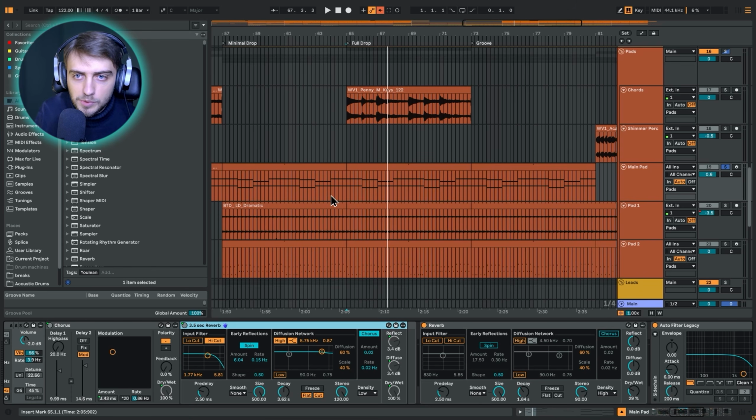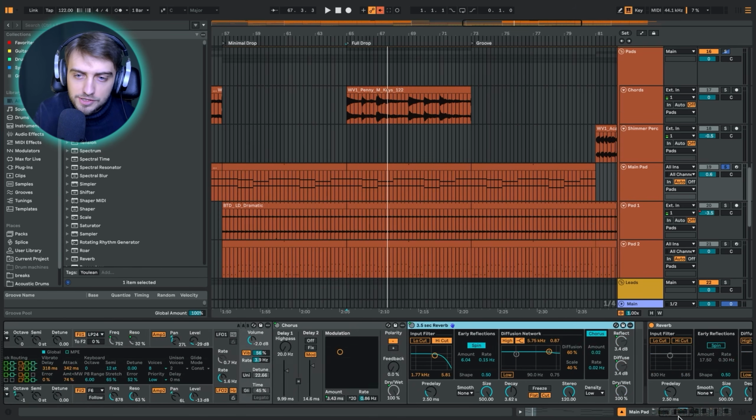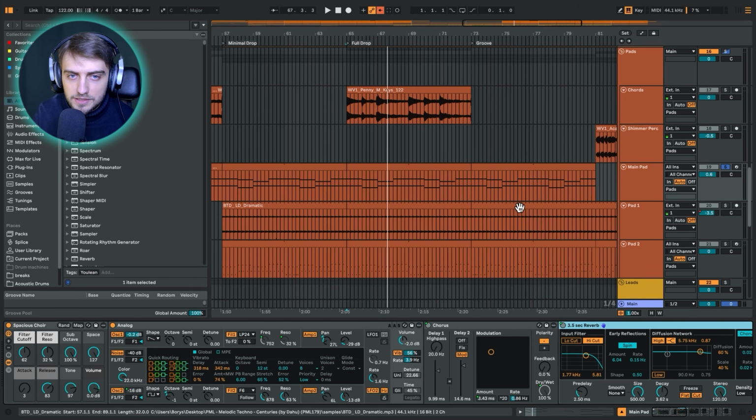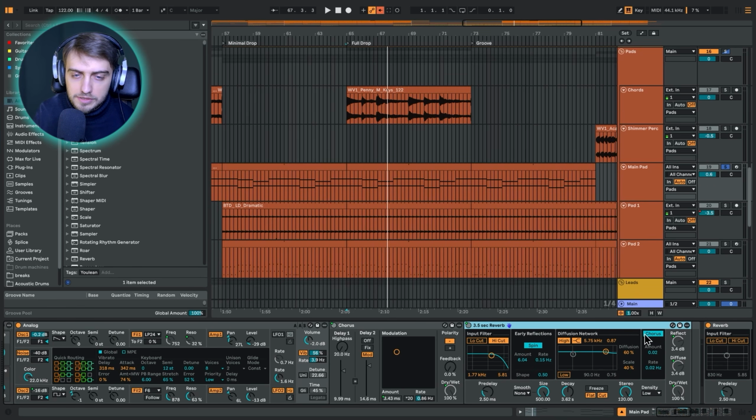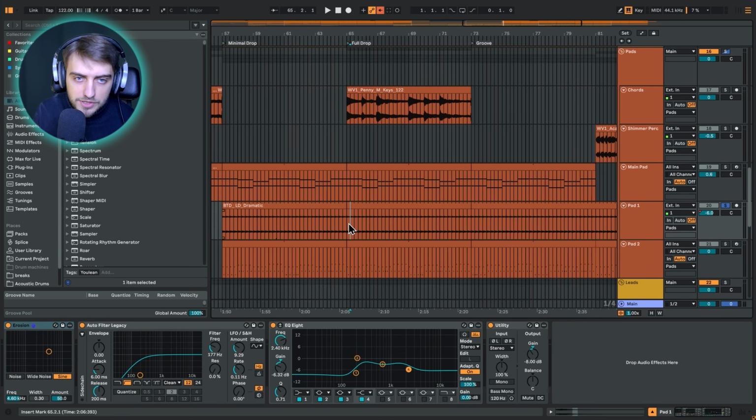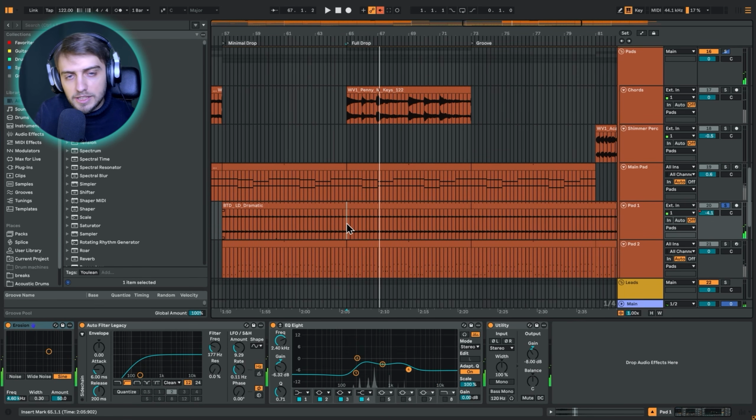This is a really simple way of creating choir/string sounds with synths, and you can do this with any synth really, as long as you add a bit of chorus and reverb. It's going to sound really lush. On top we have just a single note. You don't really hear it or pay attention to it, but it's just in there for some additional spicing up